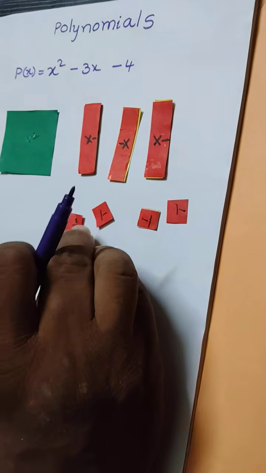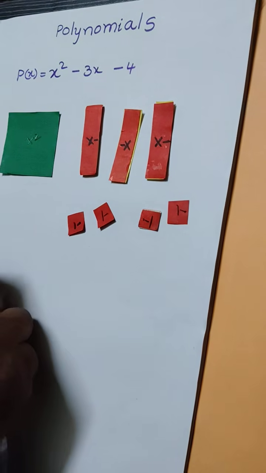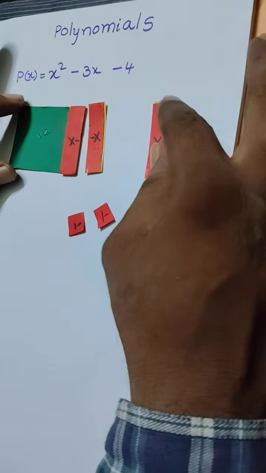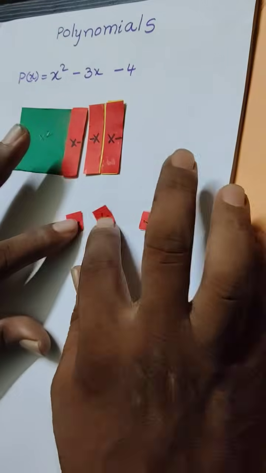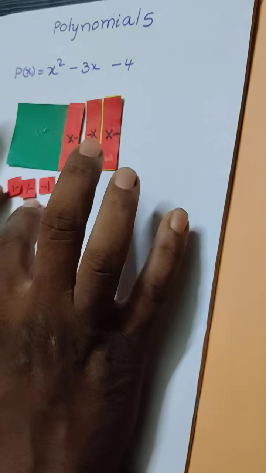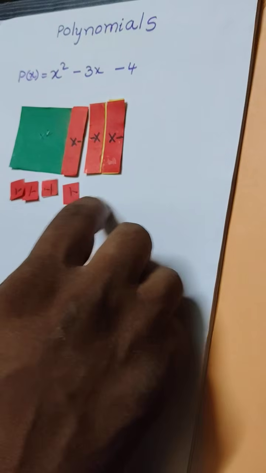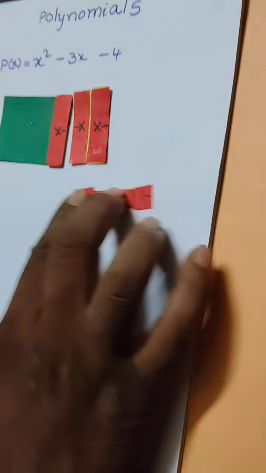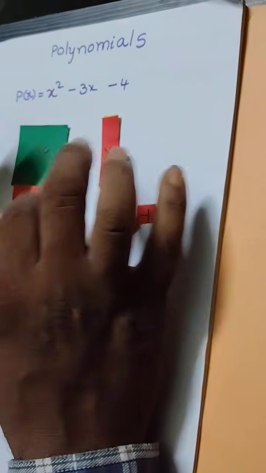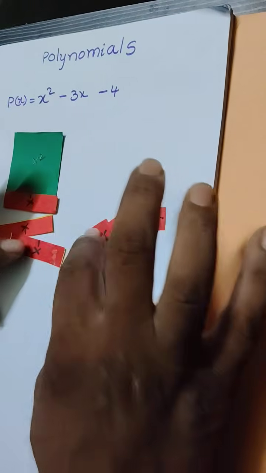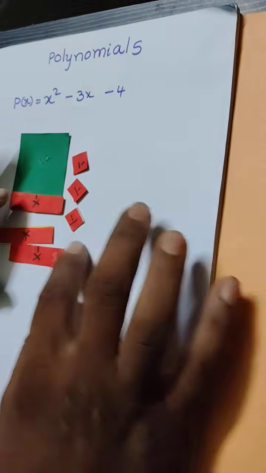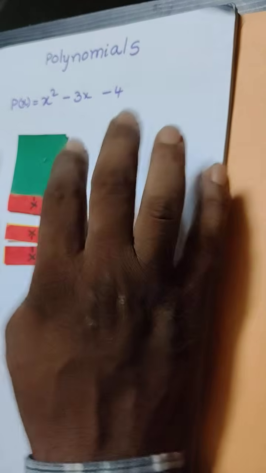Okay, now arrange these in a rectangular shape. I will check whether forming the rectangle is possible or not with the given information. Yeah, these are left over. So one more observation. Here also I will check. It is not possible to make a rectangular shape, so the leftover tiles remain.